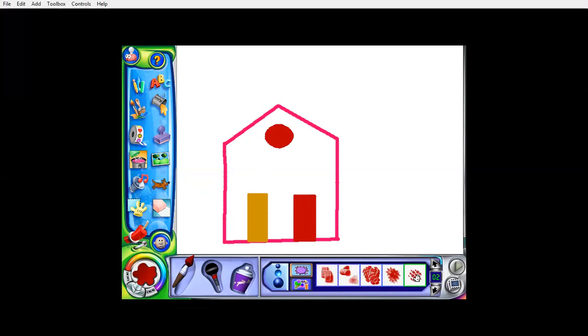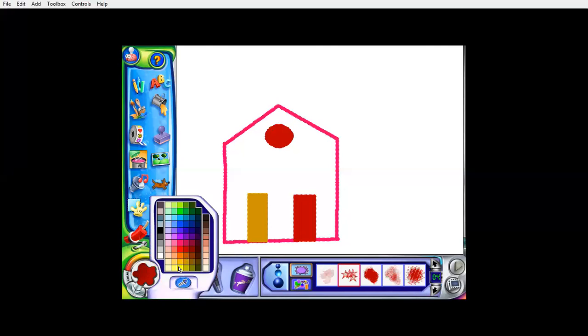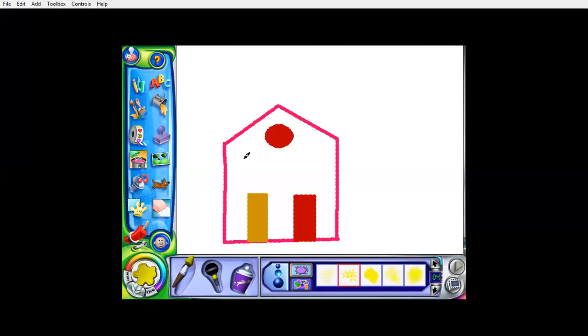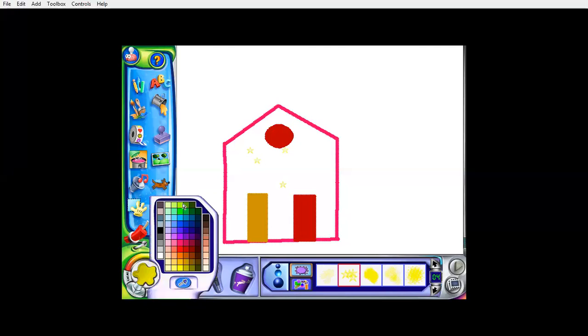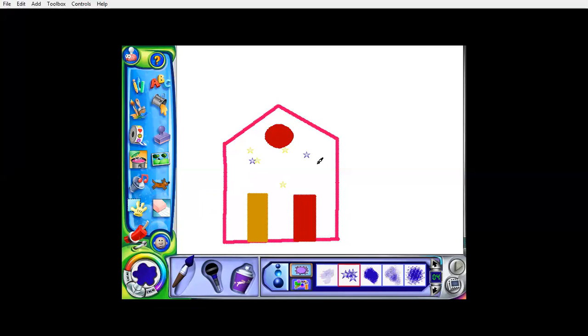Over here there are different types of paint. For example, I want the star type, I want this flower type, bubbles. Okay, so let us choose the star type of paint and then choose the color also. So I'm choosing yellow color, and see, in just one click, the color is very light. Let us change it into blue color. So you just click on the paint and see it's looking very beautiful now.